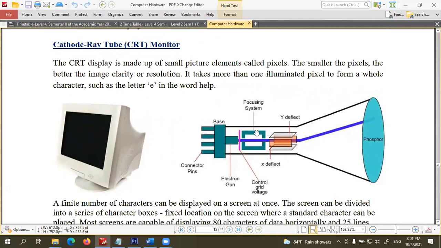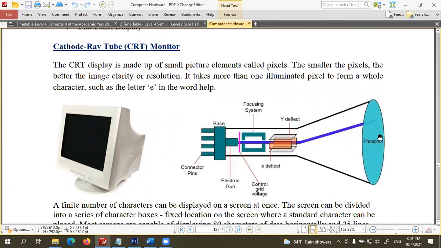In CRT monitors, it has a phosphor-coated screen, right? Here an electron gun you can see. Through the electron gun, electrons will be injected to the screen. Then when they touch the screen at a point and angle, it can emit light. That is simply the technology behind this one. You can just read more and see.